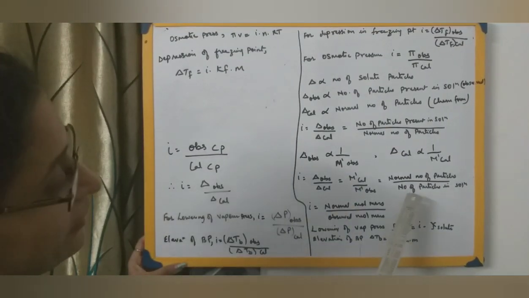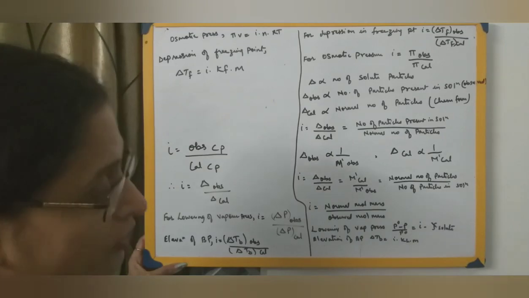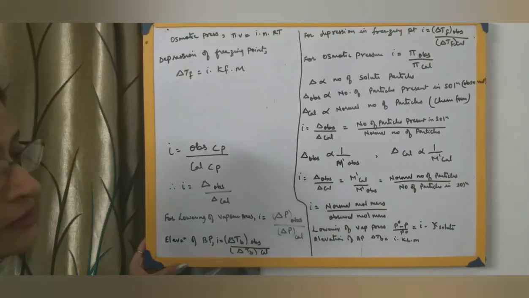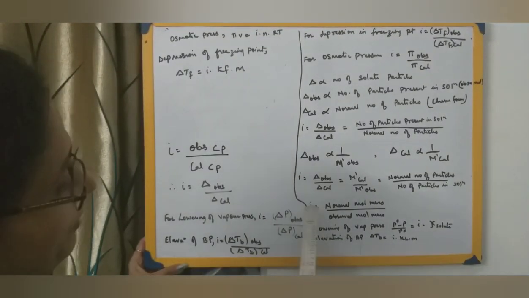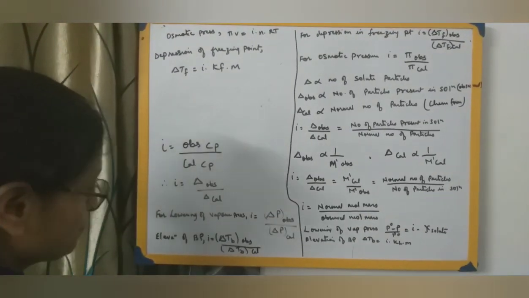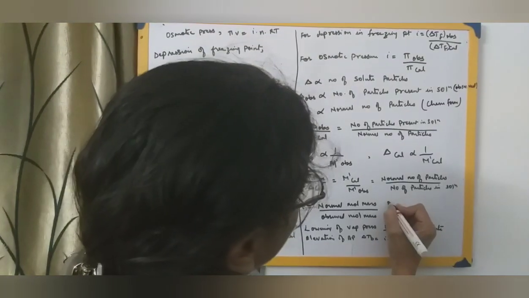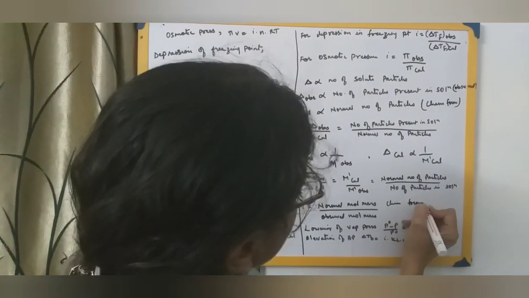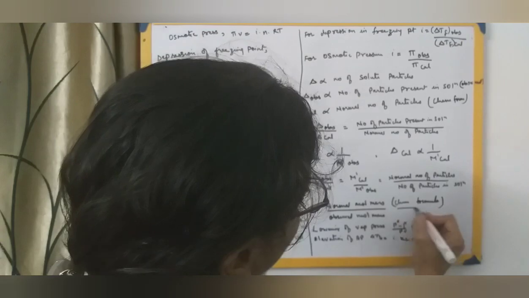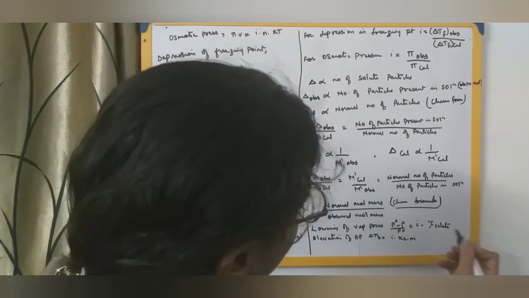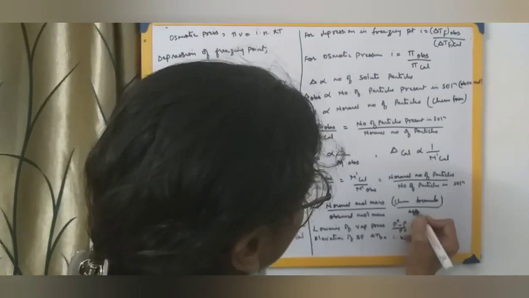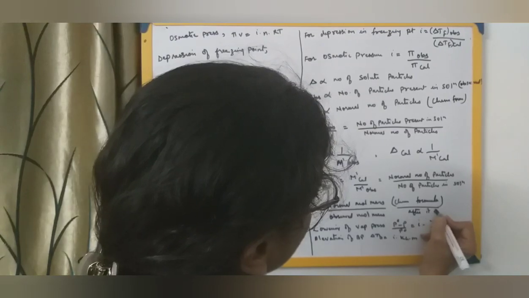Here we are just discussing in general about the colligative property, but if you are finding out the Van't Hoff factor for the molecular mass, then Van't Hoff factor i is equal to normal molecular mass. Normal molecular mass means the molecular mass which you are calculating on the basis of chemical formula. I'm just writing down over here so that it becomes easier for you to understand. And observed molecular mass means what? Once it has been put into the solution, you are calculating it after putting into the solution, which is undergoing association or dissociation. That is after it is in solution.